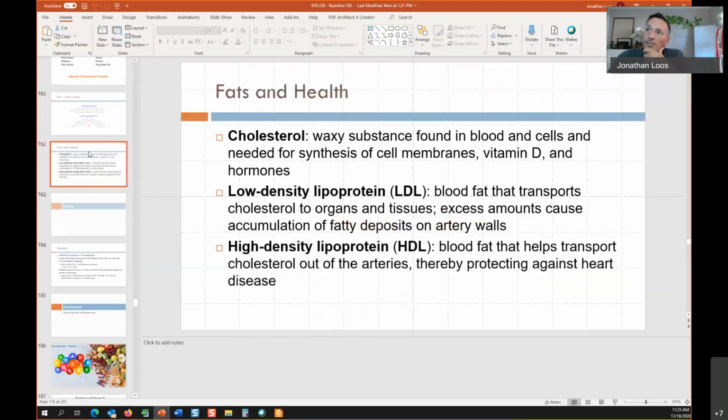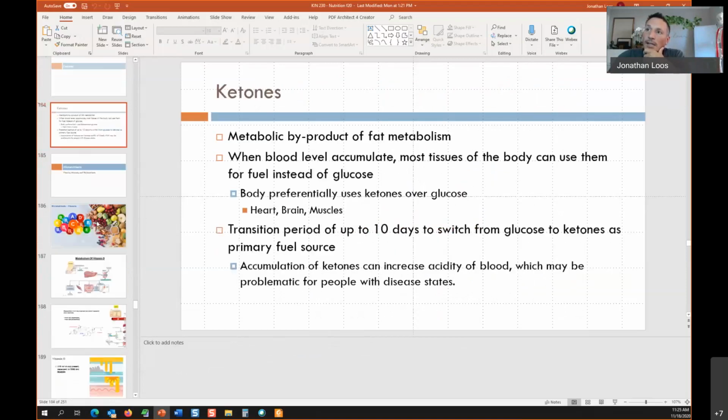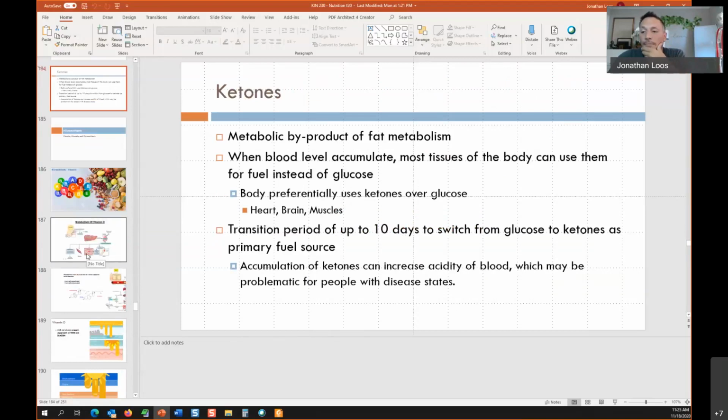We'll talk about cholesterol a little bit, ketones, and the micronutrients next week. But if you have any other questions, feel free to ask. So, what's the best oil